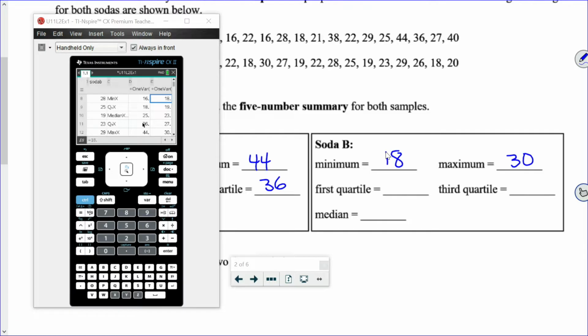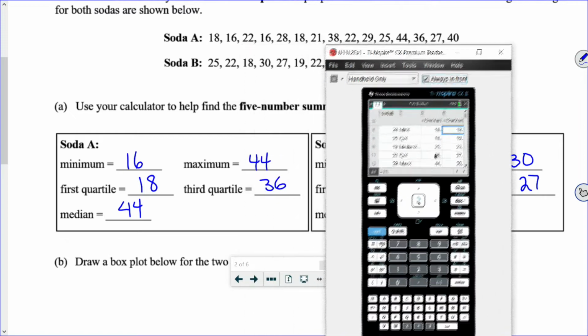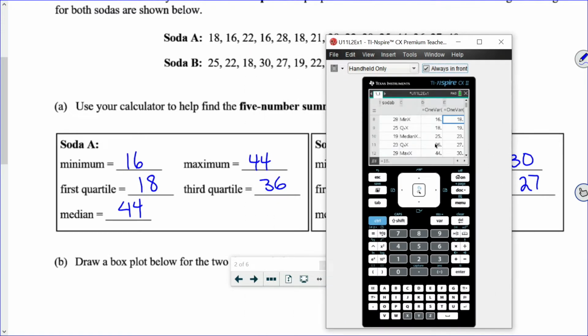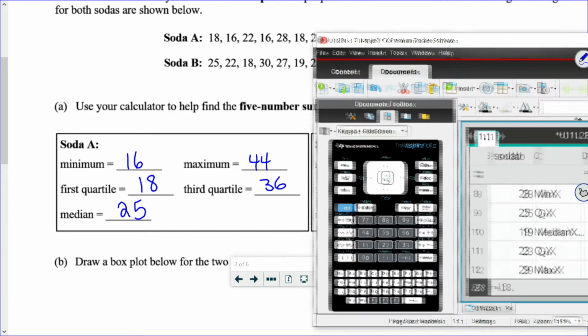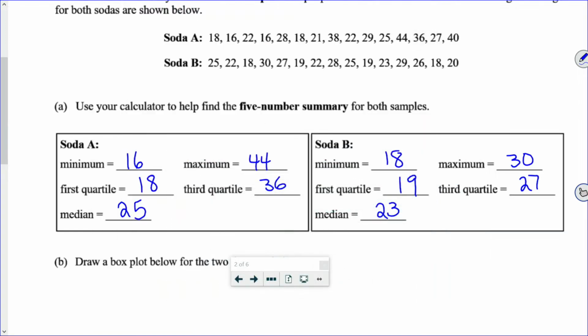All right, first quartile is 19, third quartile is 27, and median is 23. Soda A median. Soda A median, uh-oh. Oh, yeah, I just totally wrote that in wrong. Thank you, Joey. All right, soda A median is not 44, that's the maximum. The median there is 25. Let me just check these over. 16, 18, 36, great, 44, excellent. All right, so let me put that back on keypad and we'll just reduce that, and here we've got our